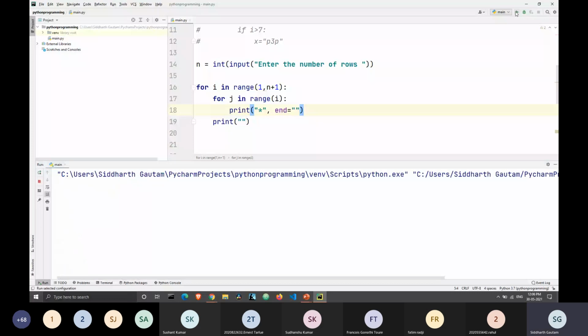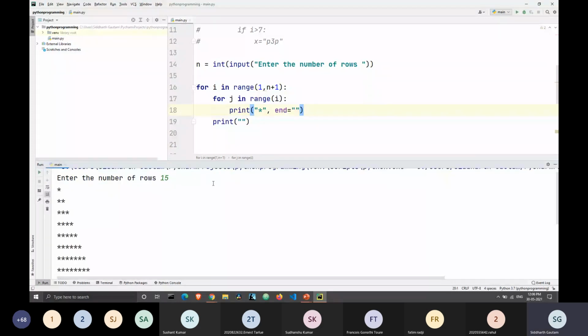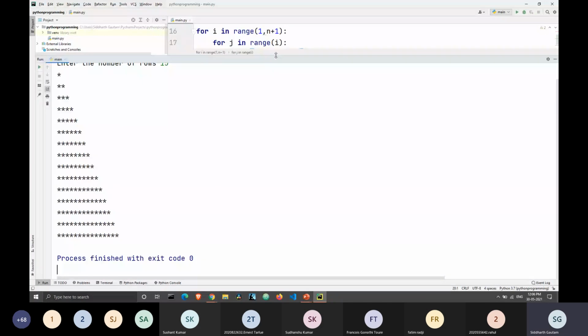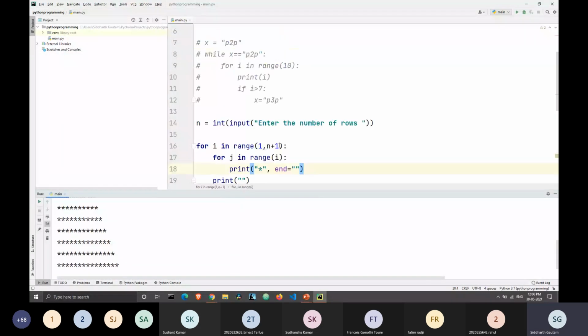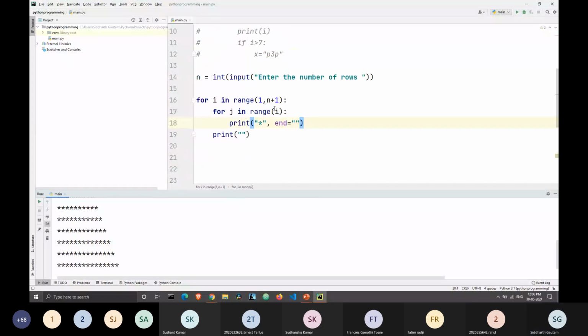Let me just expand it so you all can see. You can count this: 1, 2, 3, 4, and so on up to 15. We have 15 rows here. And for that, we had to use n plus 1 instead of n. All right, although we do have other questions for you,